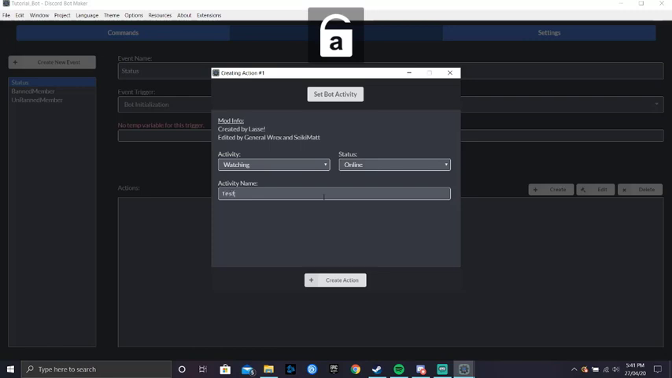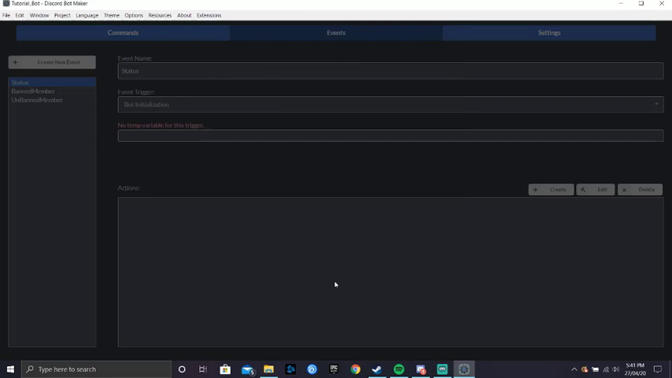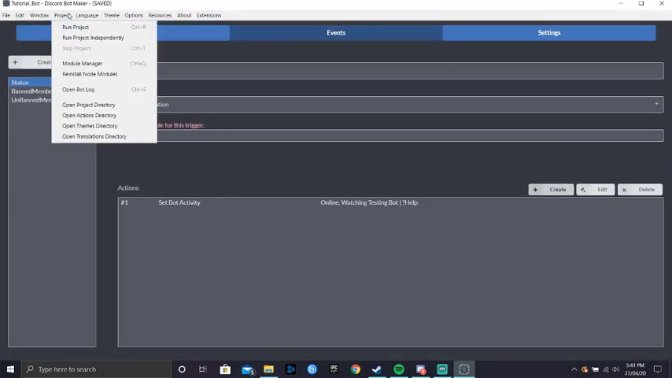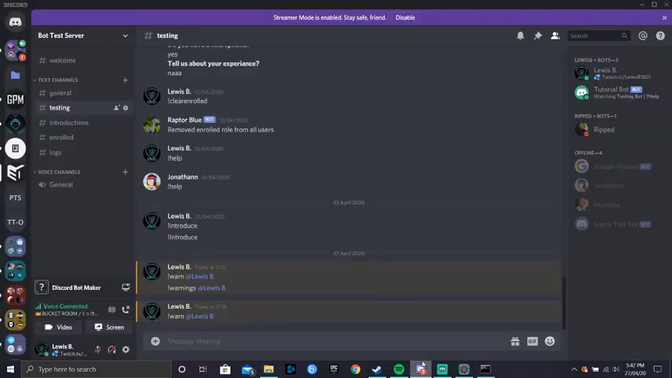So this is my testing bot. I do help. So I do run project independently. Wait until this says bot is ready. If you're doing this for the first time, it will come up and install it. It will just be installing a bunch of stuff. Let that finish. As soon as you see bot is ready, you can come here, come down, do warn at